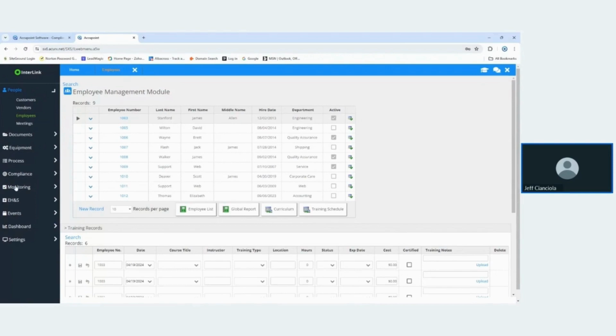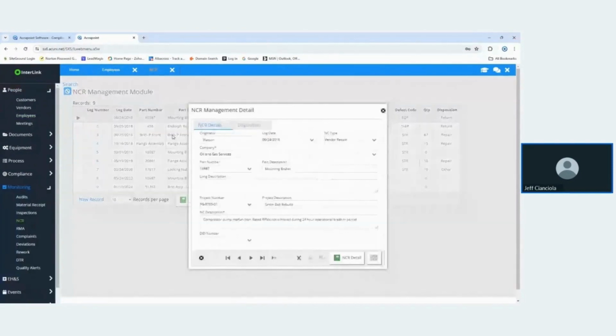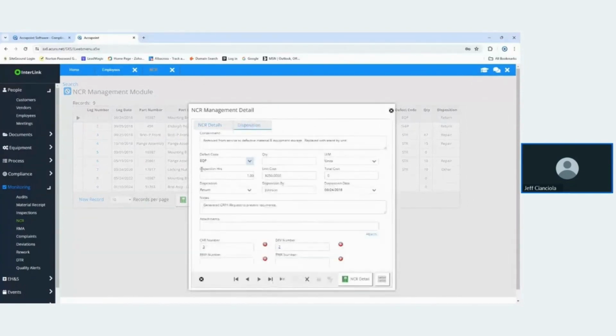If we were to go to nonconformities and pull up one of these nonconformities, we're entering in the nonconformity here, and we're documenting our disposition. Getting back to that automation process, we can automatically create a corrective action, a deviation, an RMA around this NCR. In this case, it's a product. Because it's a Q1 platform, we can automatically create these, and once the corrective action is created, it's going